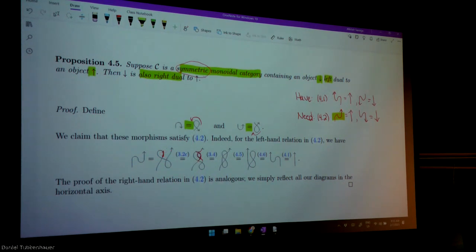Right, so that's what I did. I took these two and I just pulled them so they're double crossing, which I'm allowed to do in a symmetric monoidal category. Okay, so that's the first step. Now what I want to do is look just at this piece of the picture where I've got this strand,